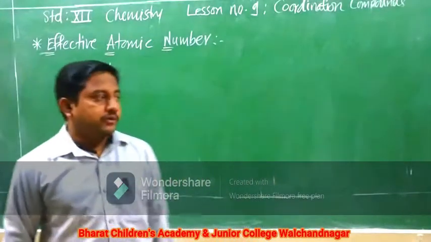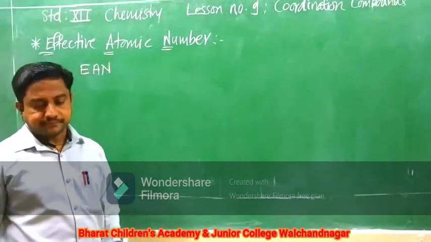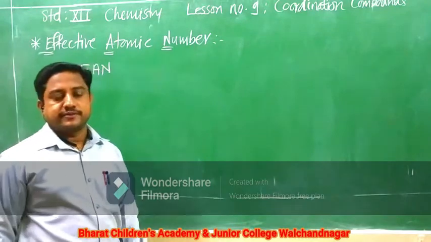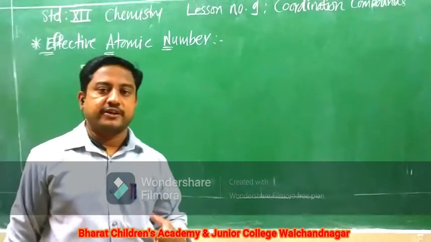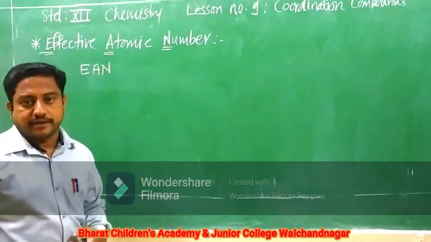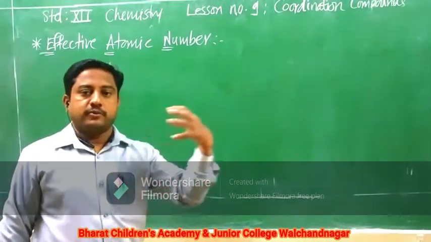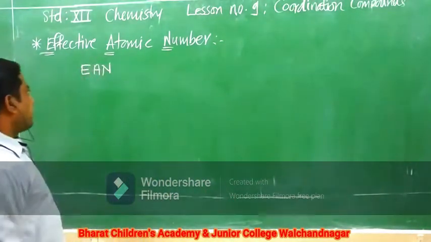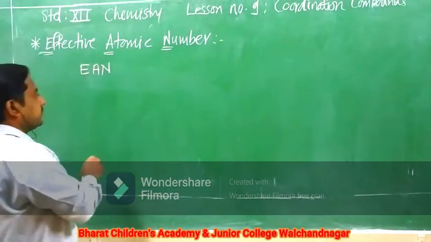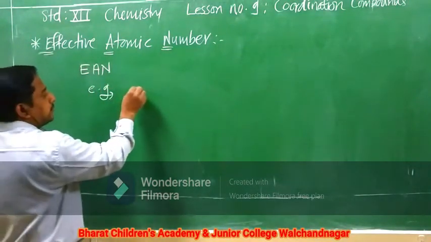Let us find out the effective atomic number present about the central atom. According to the scientific theory, every metal has the tendency to have the electronic configuration similar to that of the nearest noble gas, and while doing so, whatever ligands are attached to the central metal, it will try to accept the electron as per the noble gas configuration. So let us see what is effective atomic number and how one can find out the effective atomic number for the particular metal. So let us take one example and then we'll discuss the effective atomic number.